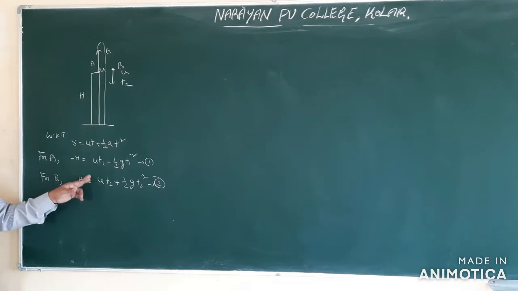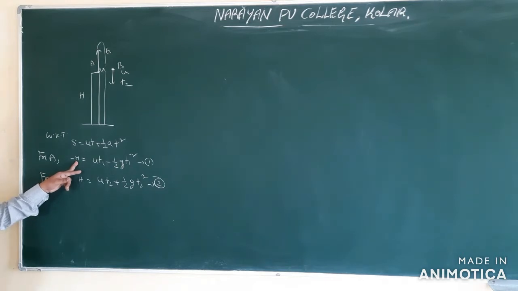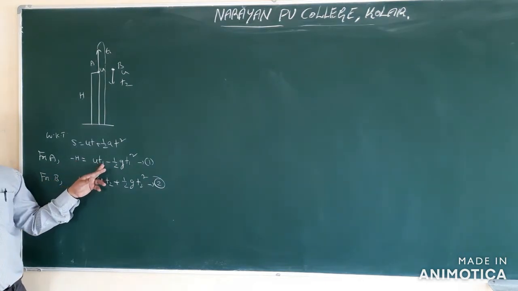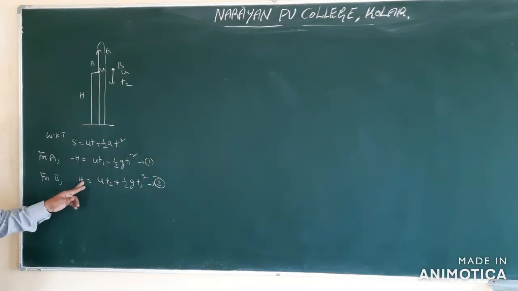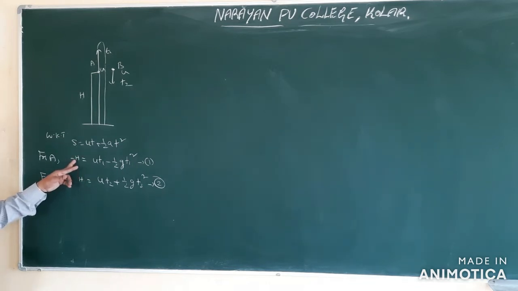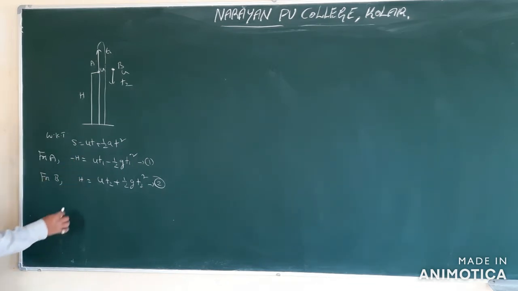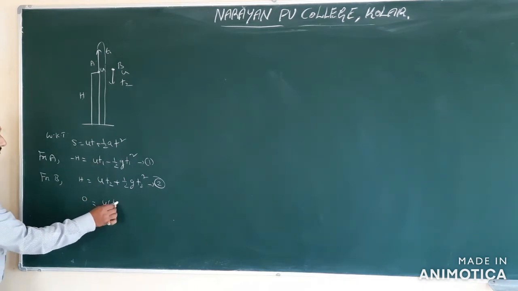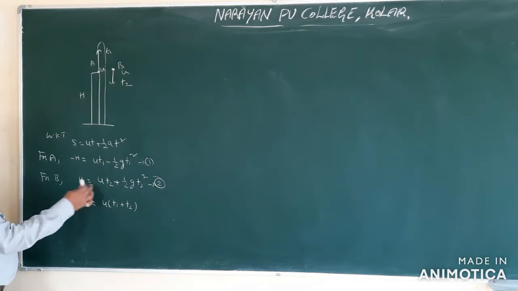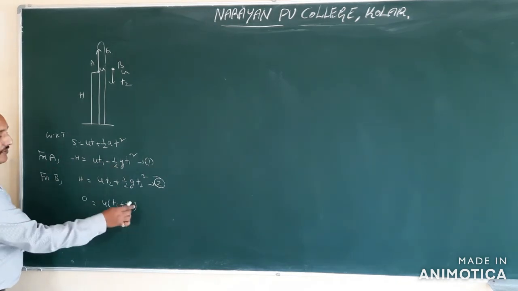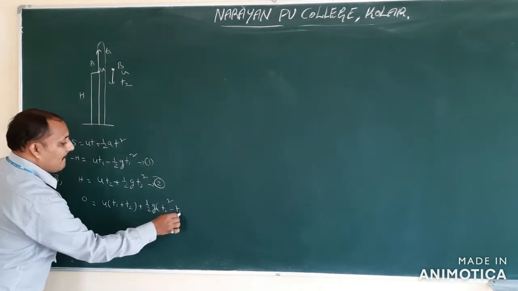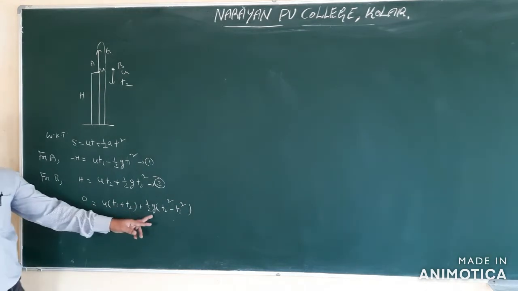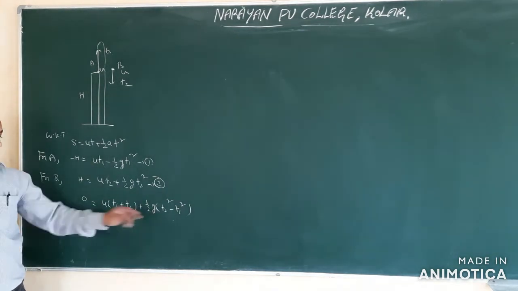What you have to calculate is this. They are asking the height of the tower, this h value. So h value they are asking means either you should find T1 or you should find u, depending on that you will be getting h. If you add these two equations, plus h and minus h is going to become 0. You get u into (T1 plus T2) plus half g into (T2 square minus T1 square). Otherwise write in 2 steps, you will be getting this equation.